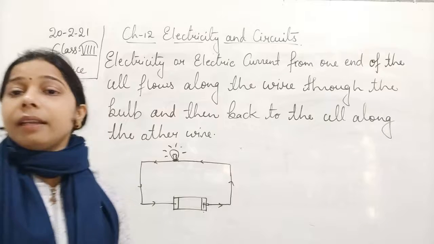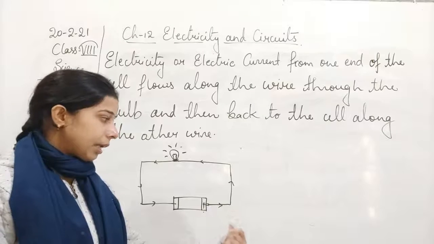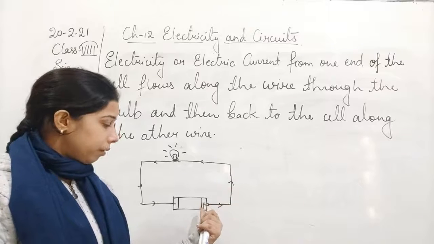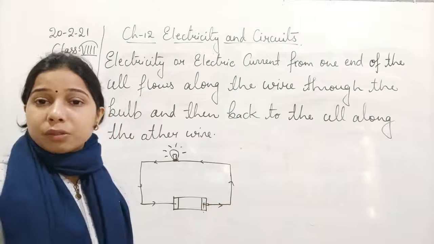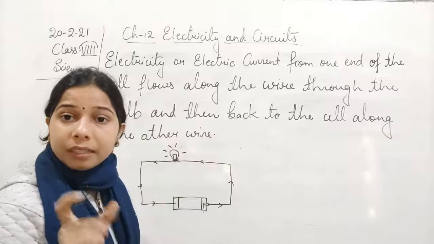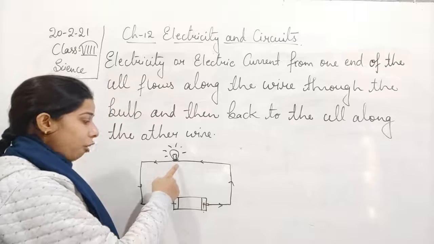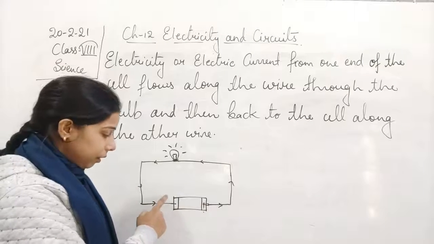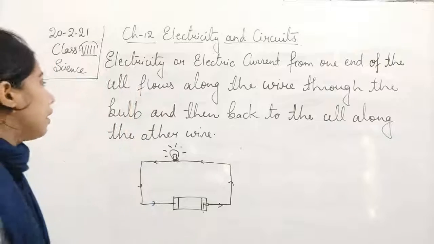This happens in an electric circuit, students, in which the connecting wire connects the cell to the bulb, and when it is connected to the cell, you know that the cell produces electric current. So electricity flows from one wire and reaches the torch bulb, the filament gets heated up, and due to this it glows. Finally this electric current from the filament reaches, through the wire, the other terminal, the negative terminal. Now let us see the next point.